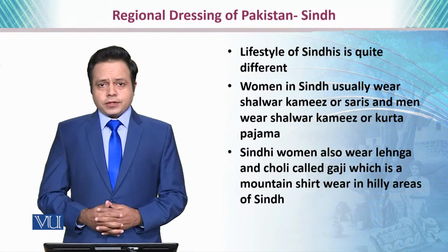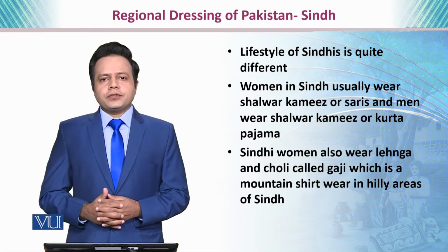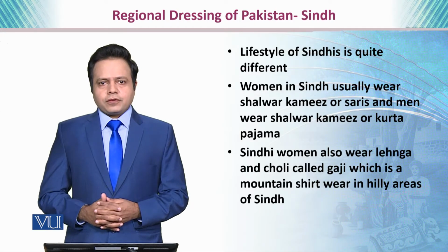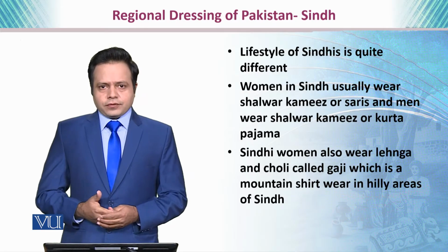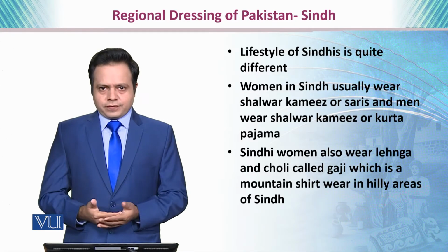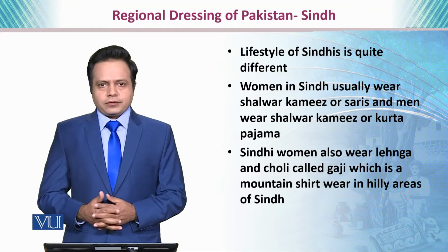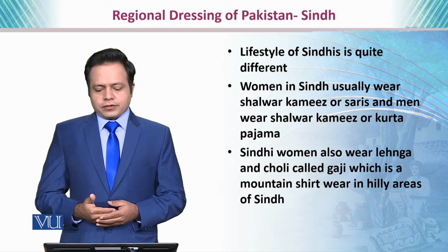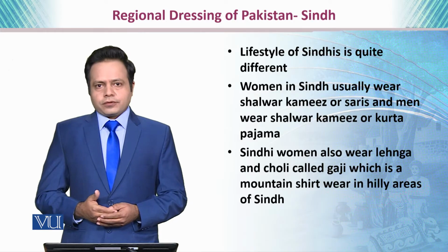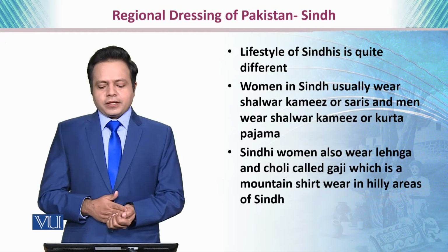Dear students, in this module, we are going to talk about the regional dressing patterns of Sindh province. The lifestyle of Sindhis is quite different, and you will find a lot of variations in the dressing patterns. However, women in Sindh usually wear shalwar kameez or sarees, especially in the urban areas, and men they do wear